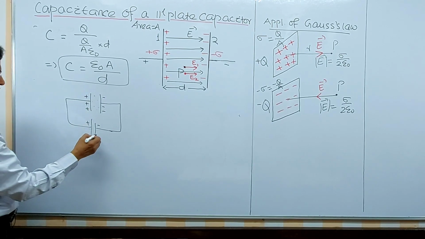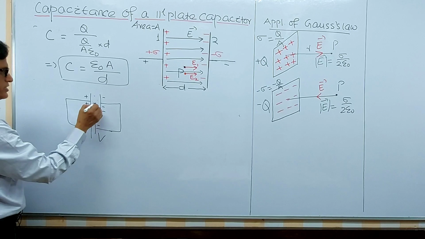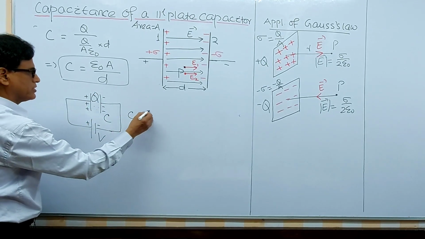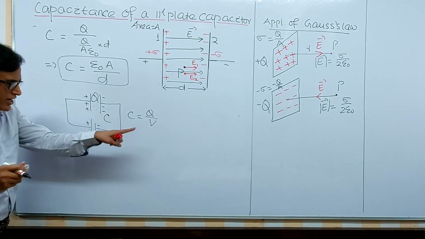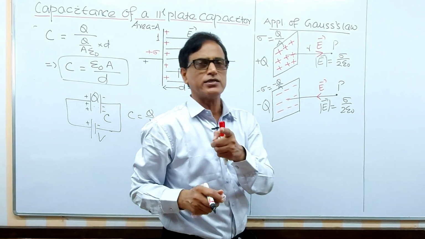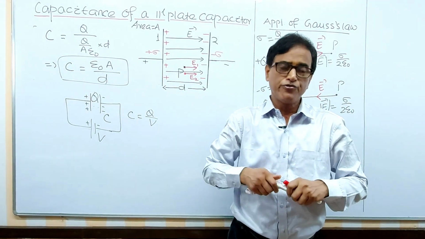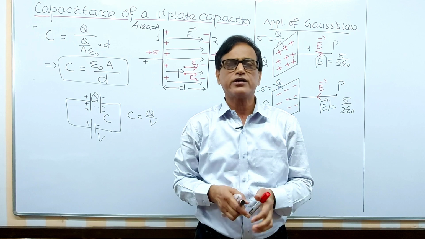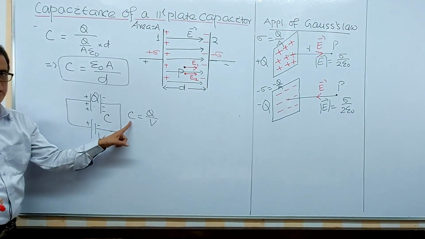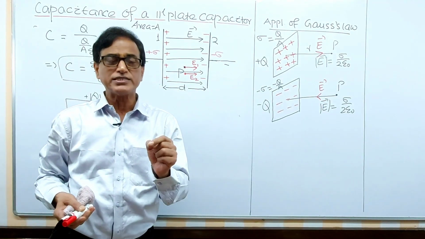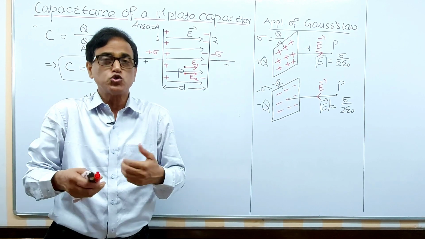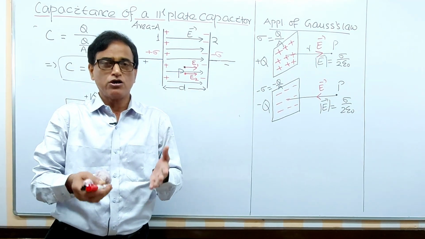V is the potential, C is the capacitance, Q is the charge, and we have written C equals Q by V. At that moment, I have told you, if we increase the voltage across the capacitance, or increase the charge, or decrease the charge or decrease the potential difference, there will be no effect on the capacitance of a capacitor. Capacitance of a capacitor remains constant, unless its physical structure or geometry is changed,